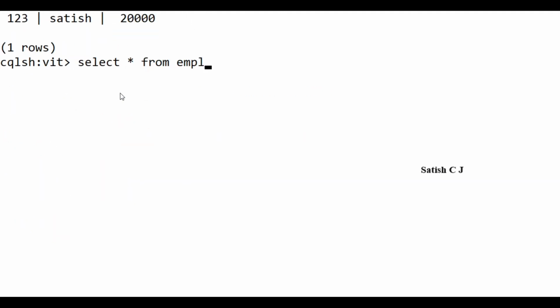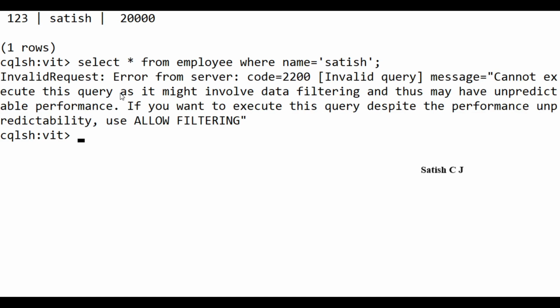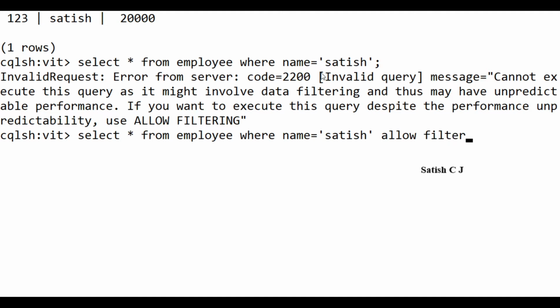Select star from employee where name is equal to, say if I give Satish. Now this is not going to work because we don't have an index created on the name field. So if you want to still perform a retrieval using the name field wherein an index is not available, for this you have to go with select star from employee where name is equal to Satish, and we have to give ALLOW FILTERING.